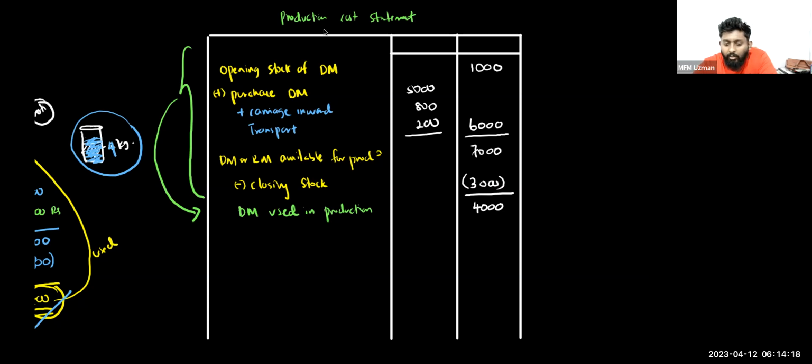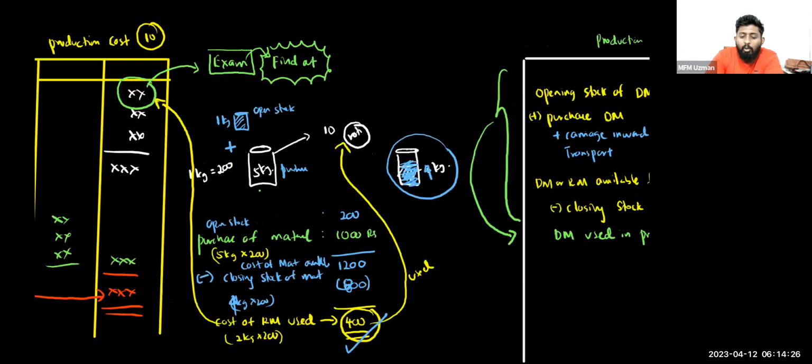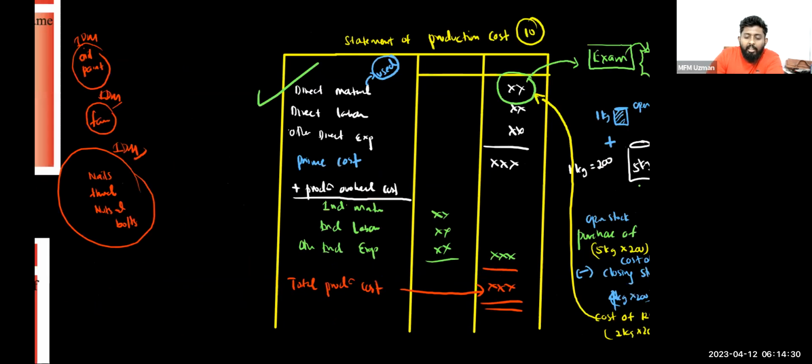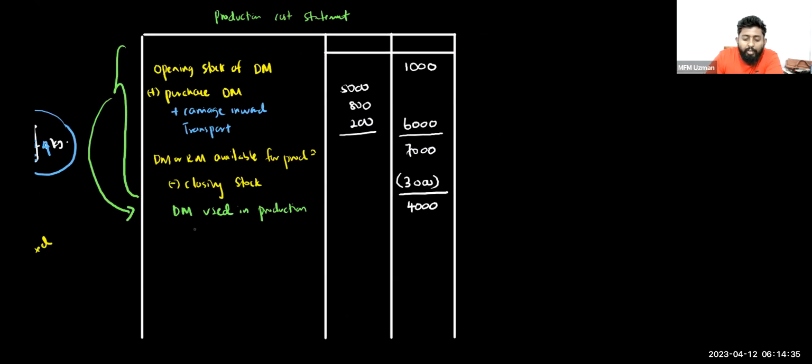Is it clear? Now, guys, after this, look at the statement I gave first, direct material. To find out the direct material only, we had to do this working. After that, whatever I gave is the format. Here, look, guys. What should we add for this? We have to add direct labor, and we have to add other